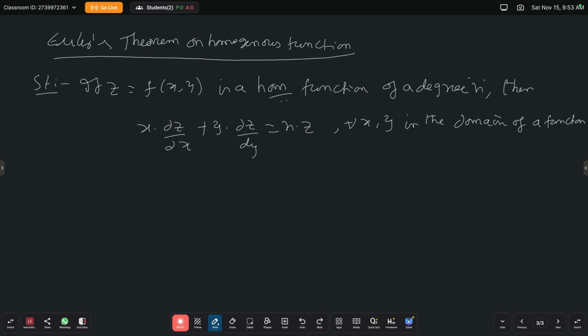N is the degree of n. Z is nothing but the given function of two variables. Note, if u is another homogeneous function of the three variables x, y and z, that is, the three variables x, y, z are there, and u is a function of degree n,